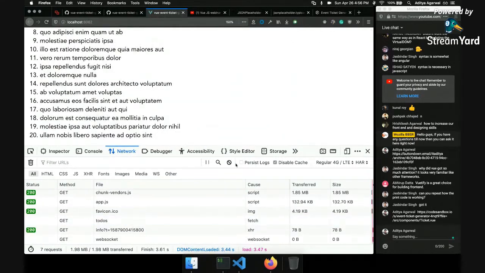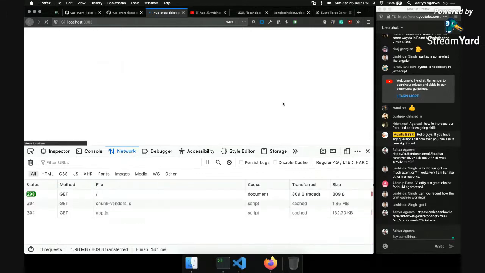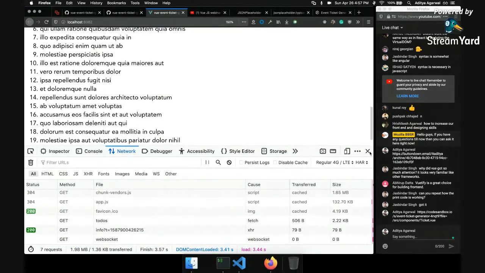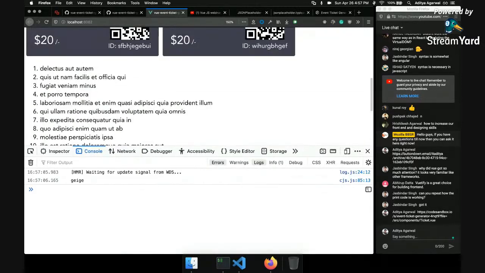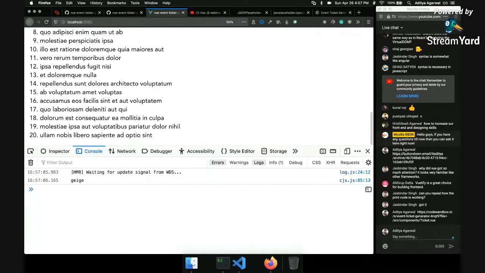It is impossible to show. Basically what happens is that first it will say loading, and when the data comes, it will show the list.